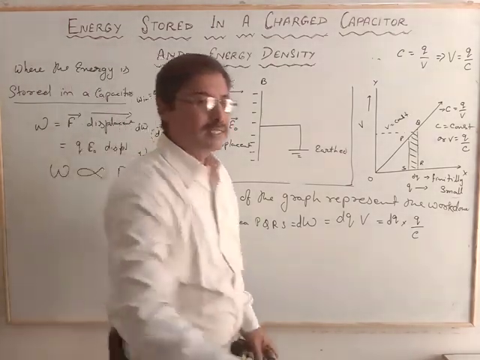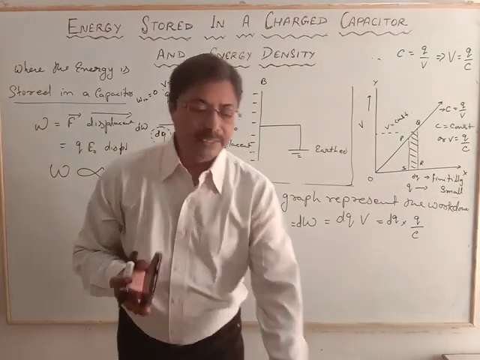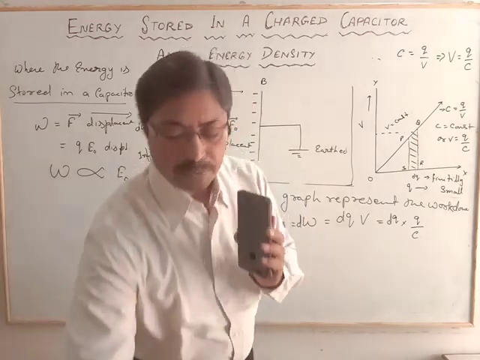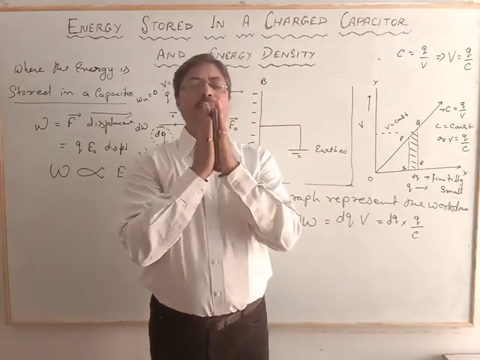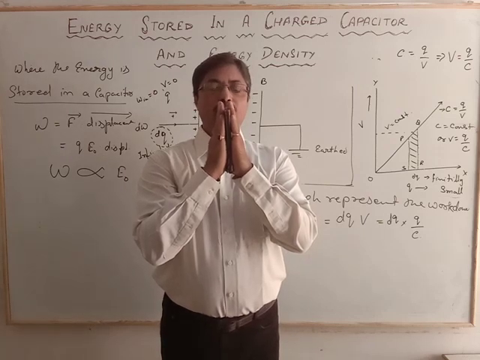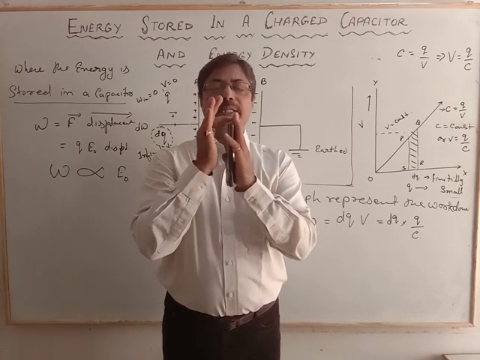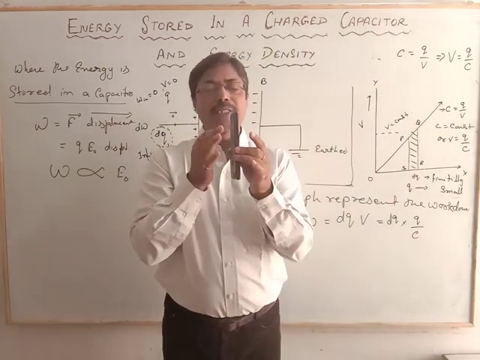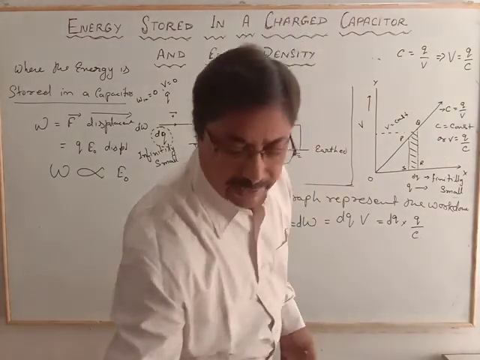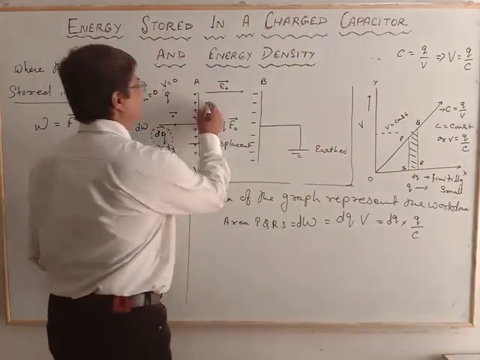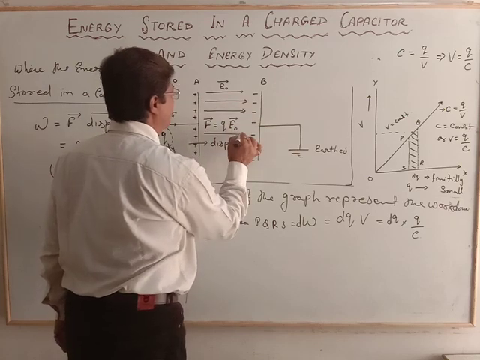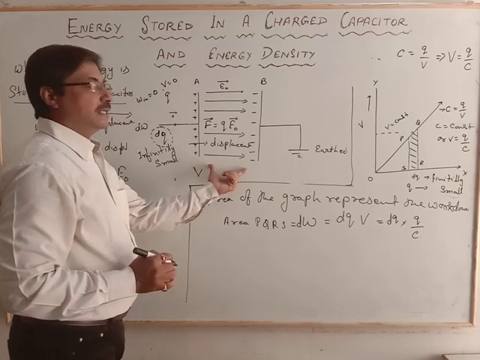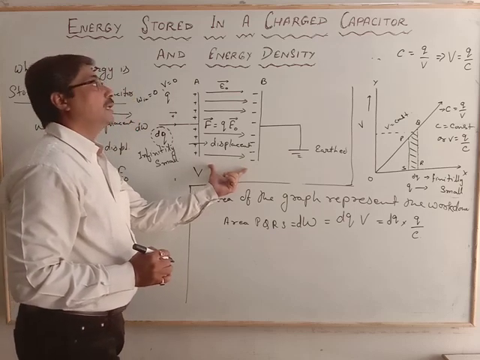How can we understand? Just see, I have a plate like this, and suppose this is the arrangement of the plates. Whenever they are very close, the electric lines are almost linear, as the space is covered with them. All these electric lines are here, and those electric lines are the region where the energy is stored. The electric field space is the region where the electric energy is stored.